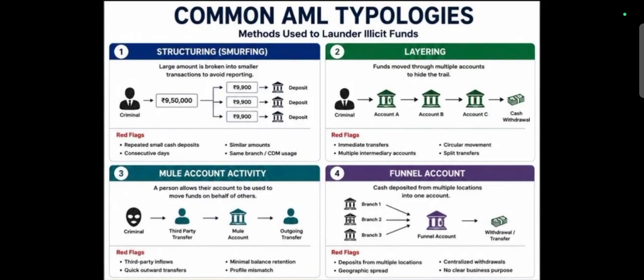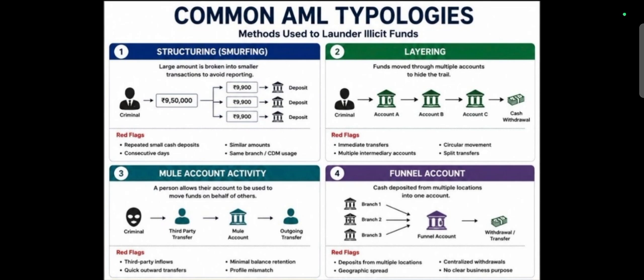Now let's see common AML typologies, and these methods used to launder illicit funds. For example, first one is structuring or smurfing. In this process, a criminal gains money in an illegal way. For example, 9,50,000, and the large amount is broken into smaller transactions to avoid reporting. So what this person is doing, they are breaking that large amount into smaller amounts below the threshold,